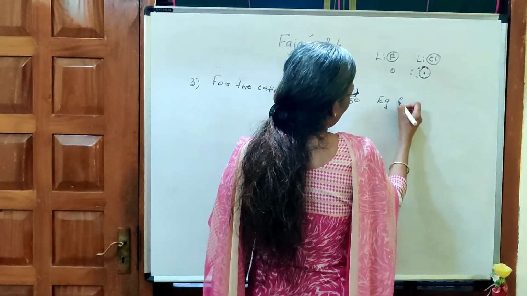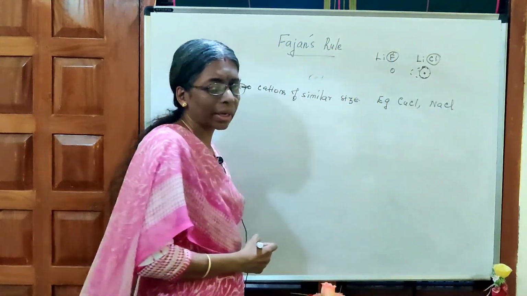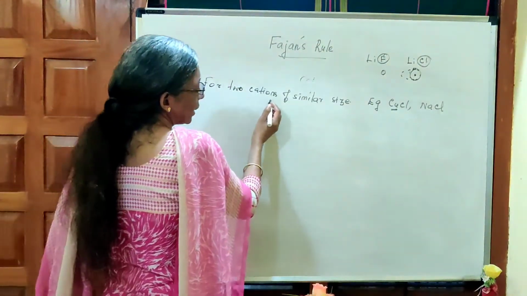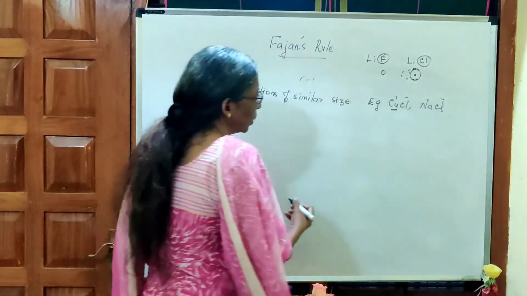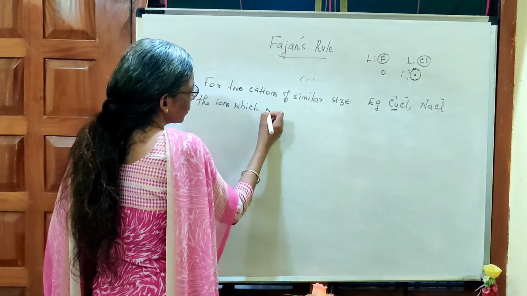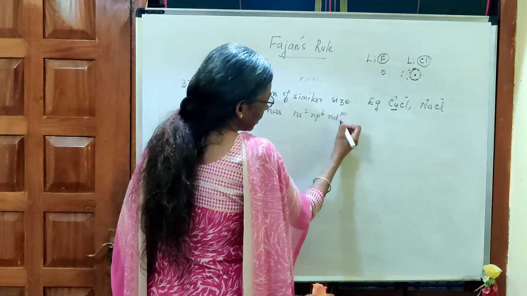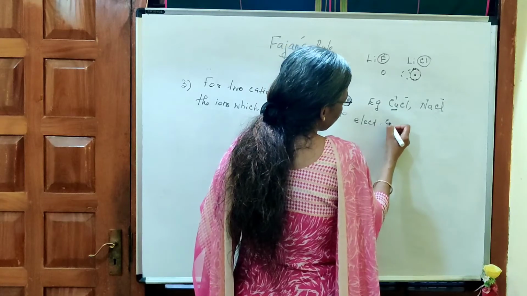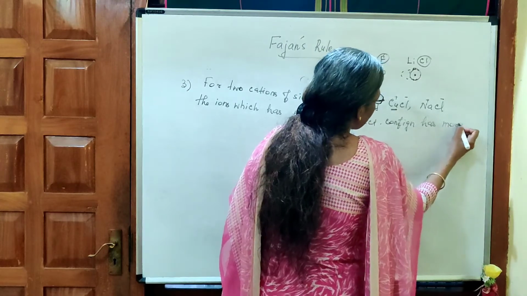Example, copper chloride and NaCl. So when you take copper chloride, for two cations of similar size, here you see this plus, this minus, this plus, this minus. So the ions which have ns2, np6, nd10 electronic configuration have more polarizing power